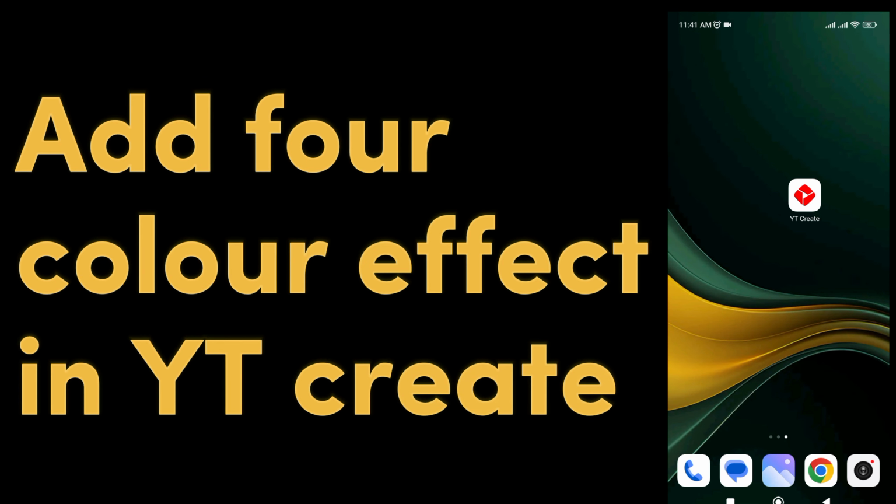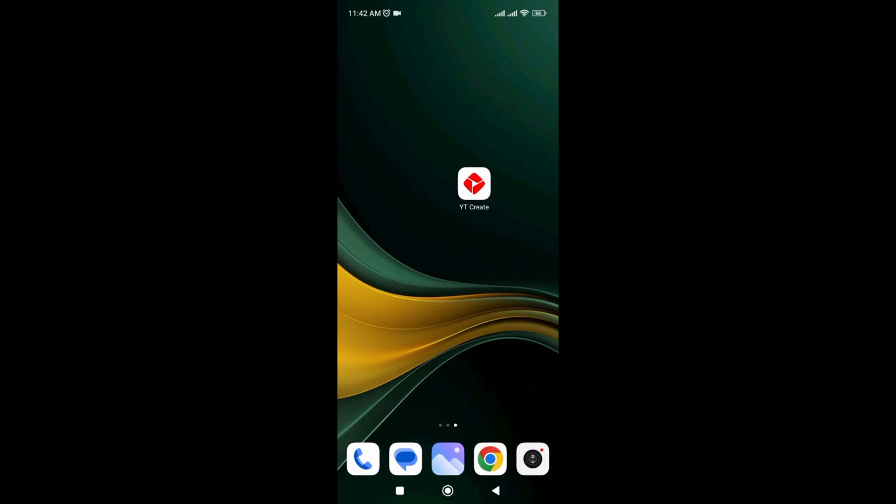Add four color effect in YT Create application. So hey guys, welcome to my channel, and in this video I'm going to show you how you can add four color effects in YT Create application. So it's super easy and we will make sure you get it right. You just make sure to watch the complete video carefully to avoid forgetting anything and making mistakes. So let's get started. You have to open the YT Create application,